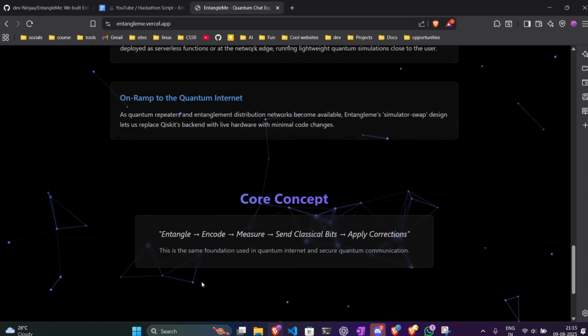We have a leave room button, so we can leave the room, and it gets updated in real time. So that's our simulation of quantum networks, how we can send messages on quantum networking. Thank you.